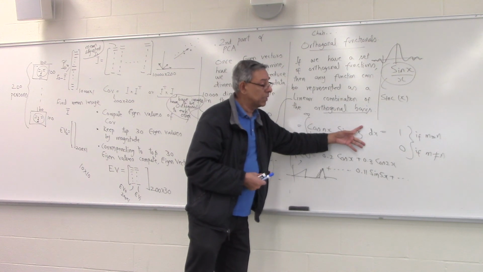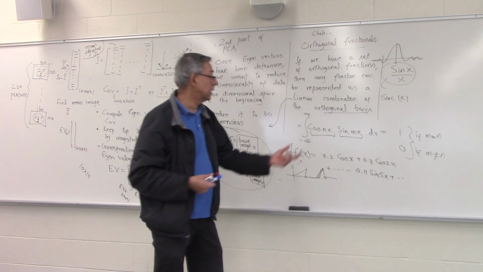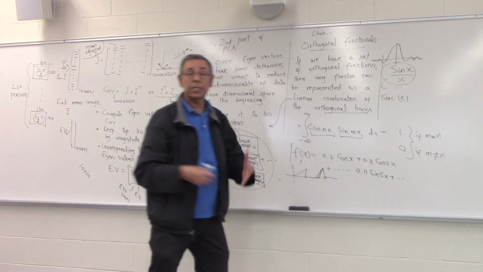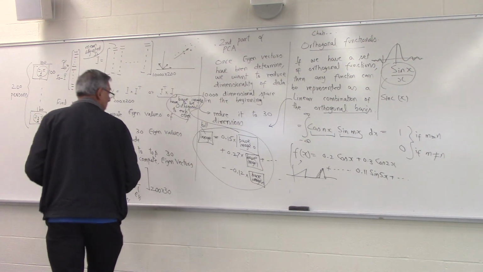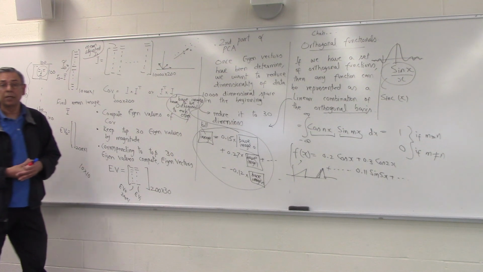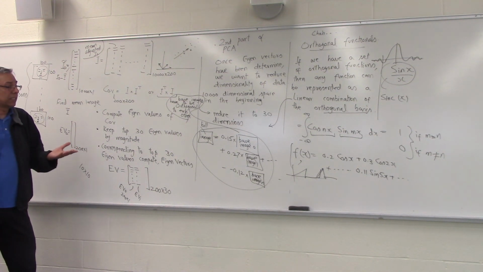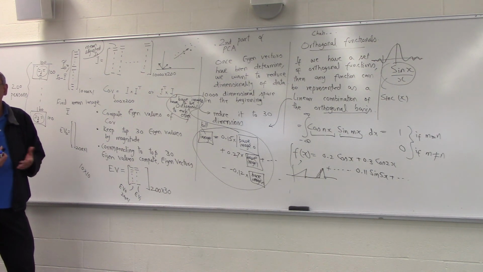And if this comes out to be the case, then that means cosine nx and sine mx are orthogonal to each other, right? But now the question is, in terms of images, what do we call two images to be orthogonal? If with one we can generate the other? No, see,